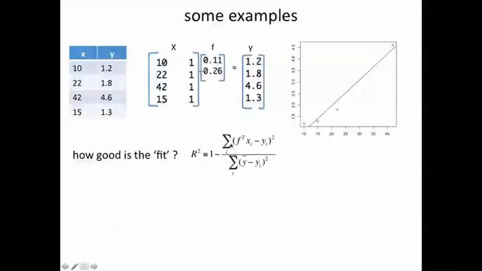You square it and sum, and you'll divide that by the variation in y about its mean. So y has a certain mean, which could be somewhere here, and you want to see how the sum of all these errors compares with the actual variation in the y values across their mean. Doesn't sound like a great